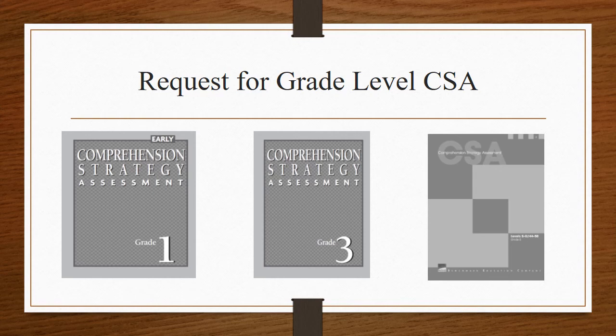And if you can bring it as a grade level so I can review it as a grade level, I would greatly appreciate that. If the assessment that I documented I wanted to see is on paper, I will need the entire class set of the actual assessment. So if you have 20 kids in your class, I need all 20 assessments so that I can review the student assessments. If you have any questions, please feel free to shoot me an email and I will answer it at my earliest convenience.